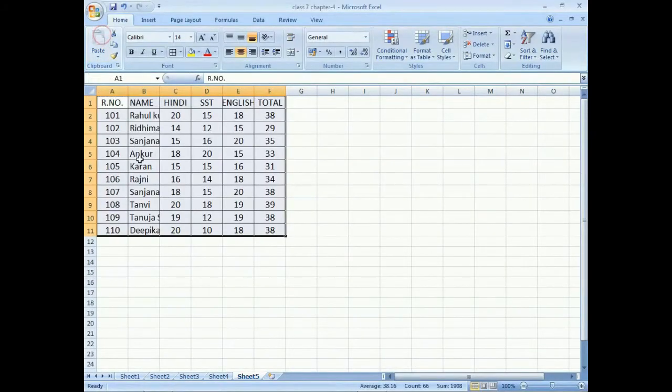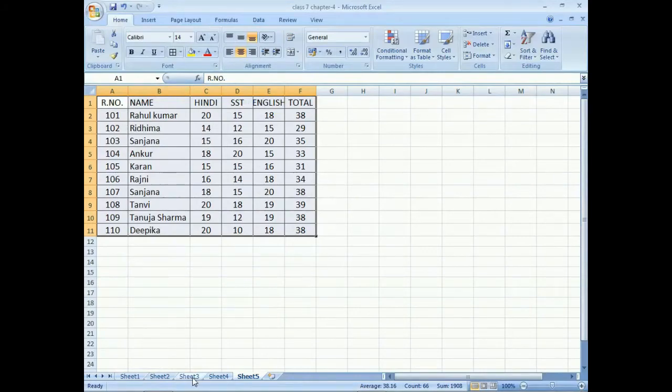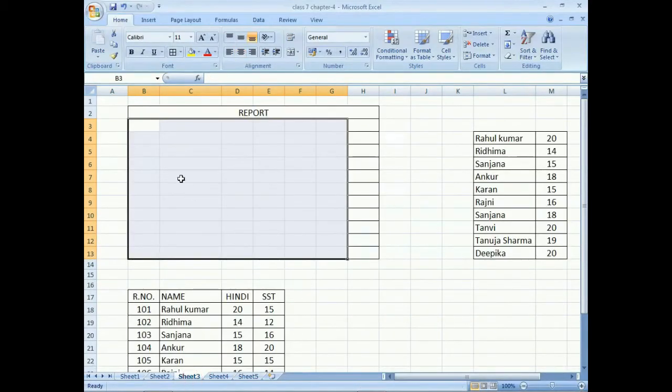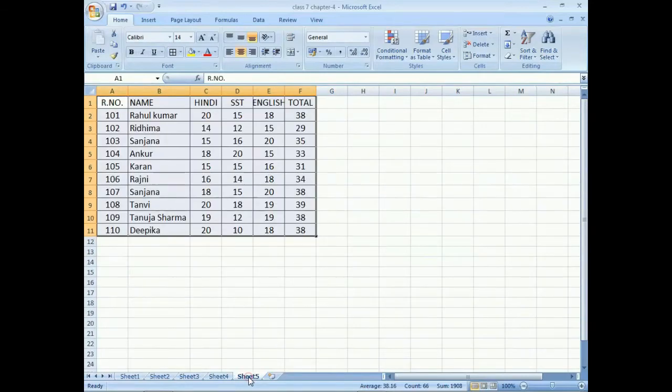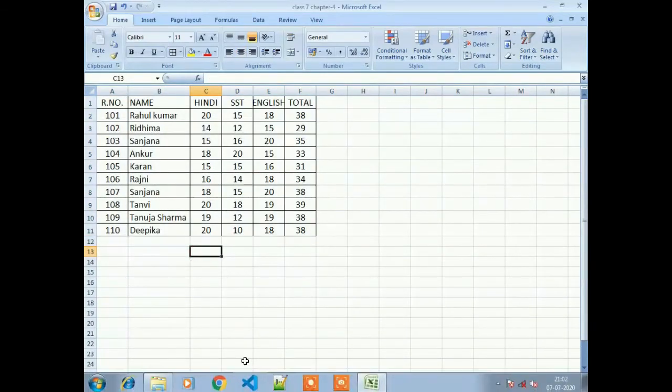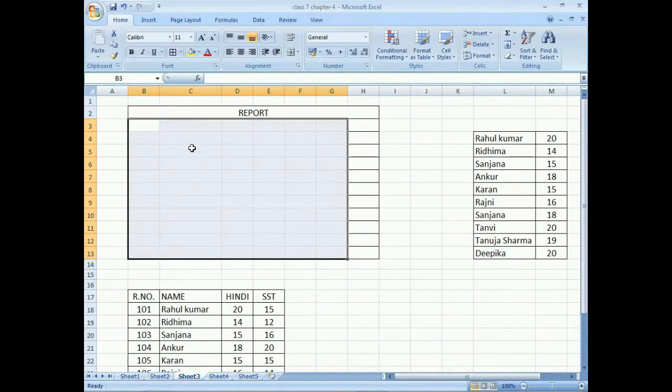Now check that location. We were in sheet number 3, and the selected data has been moved to a new location, sheet number 5. Come back to sheet number 3, and all the data has been shifted to the new location.